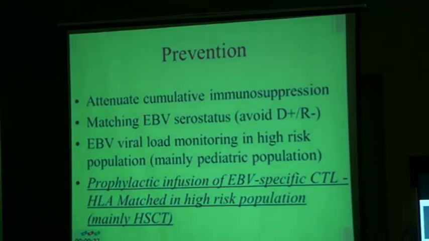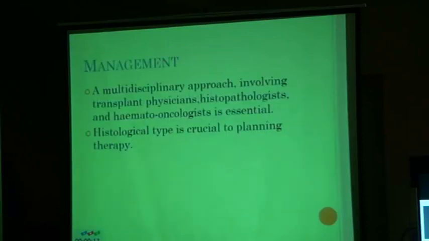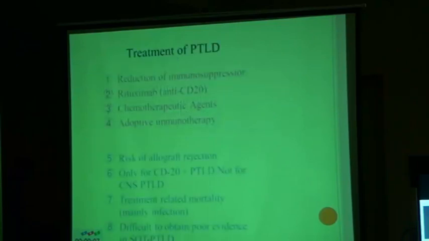Prevention, of course: we have to avoid over-immunosuppression. We have to look for Epstein-Barr virus infection, especially the negative recipients. Also in some high-risk cases, we may give Epstein-Barr virus specific cytotoxic lymphocytes. HLA matching can help manage high-risk patients. If we come to the management, it is multidisciplinary. A nephrologist with the oncologist, we have to go together to manage this case. And these are the